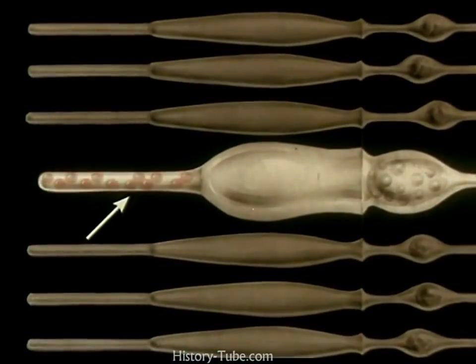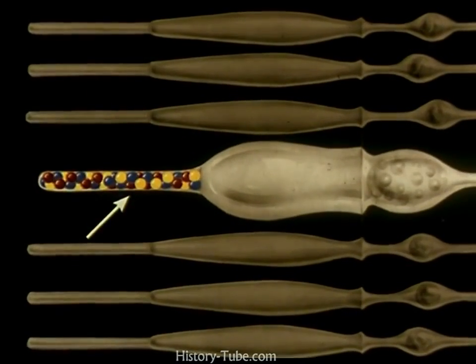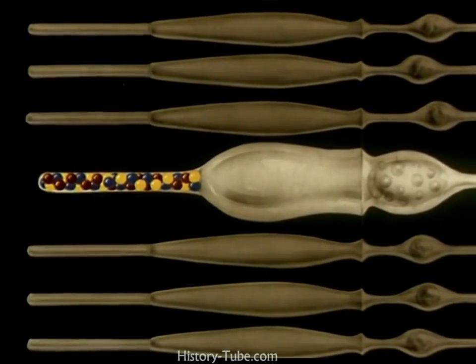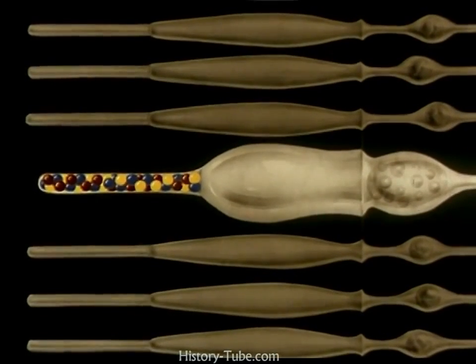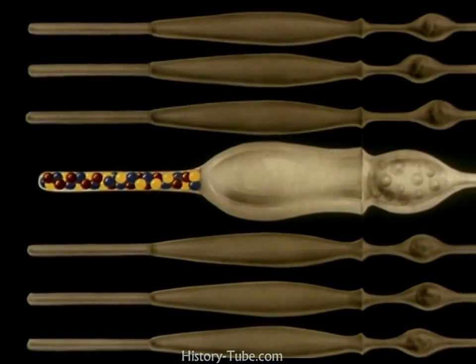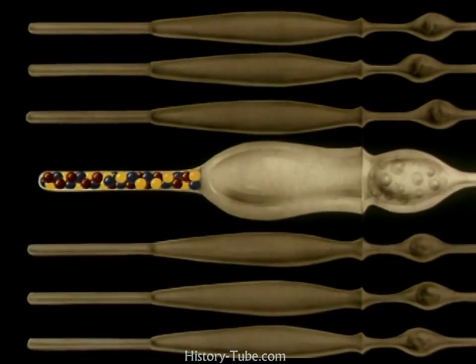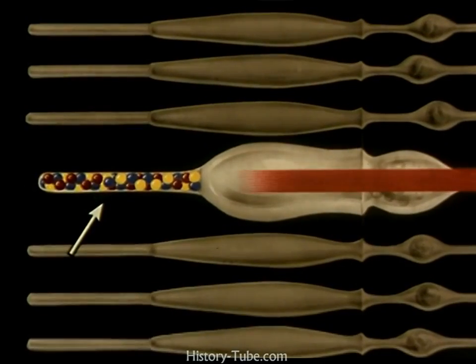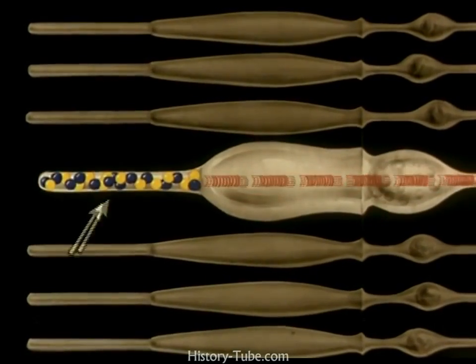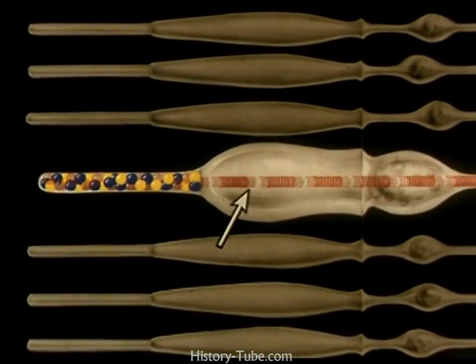In each cone are 3 chemical substances. Each substance is sensitive only to a particular group of colors. Thus, one is most sensitive to red, one to yellow, and one to blue. When a particular color of light strikes the cone, the corresponding substance breaks down, and a corresponding nervous current flows